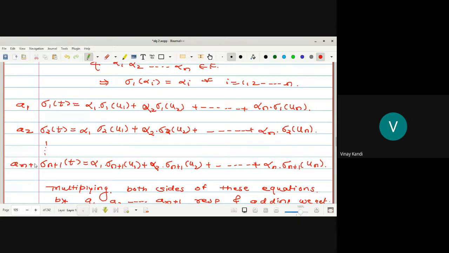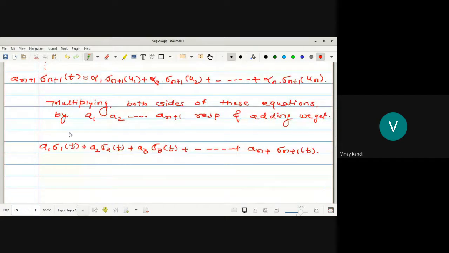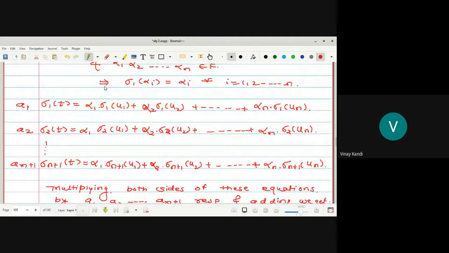Okay, so in the left hand side of the equation we get a1 sigma 1 of t plus a2 sigma 2 of t plus a3 sigma 3 of t plus up to so on an plus 1 sigma n plus 1 of t. This is the left hand side, which is equal to, at right hand side we get this equation by a1, this equation by a2, this equation by a3, sorry, an plus 1. Okay, so we get,